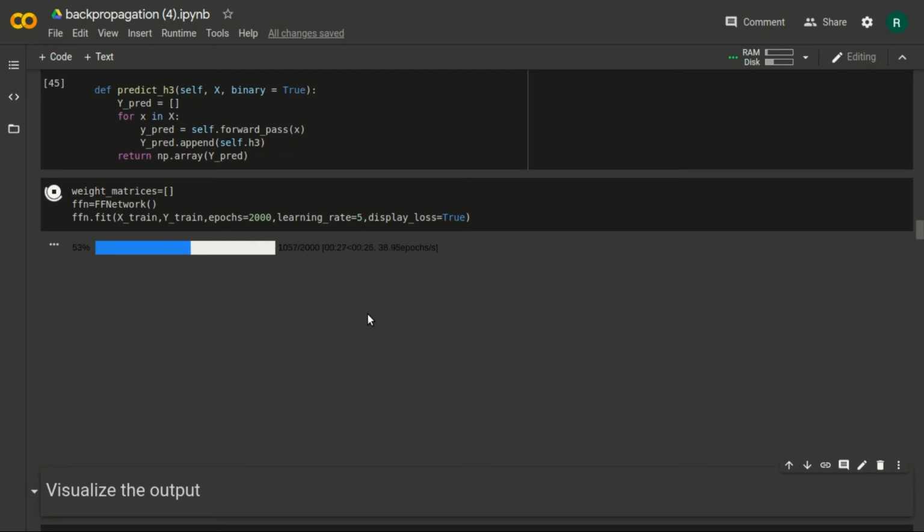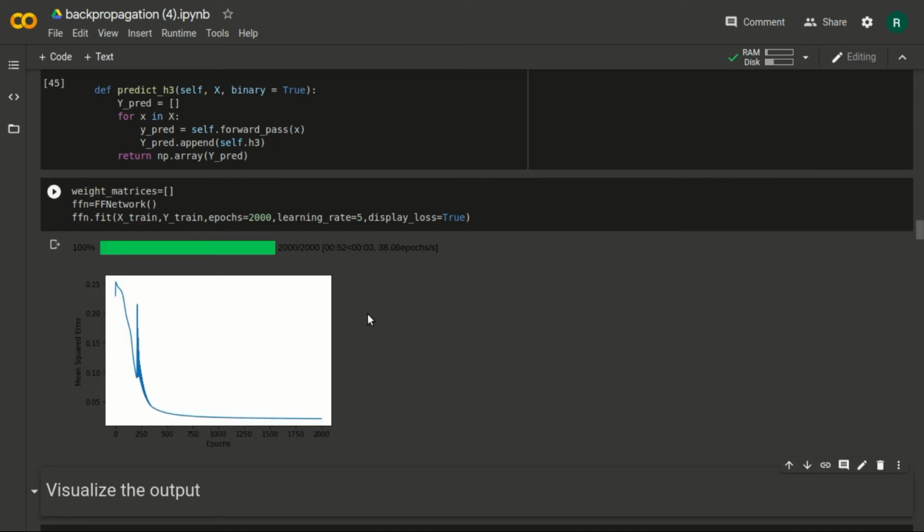Let's let it train first. Completed around 59 percent. It takes a bit of time as we have increased the number of epochs to 2000. It's very good, near completion. Let's see what happens now.